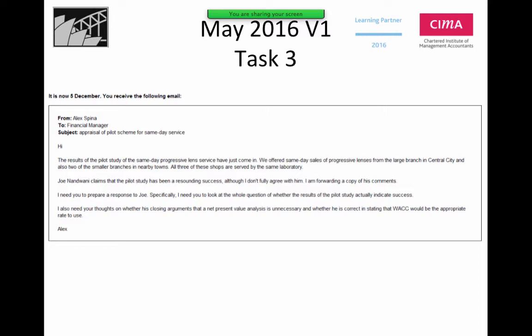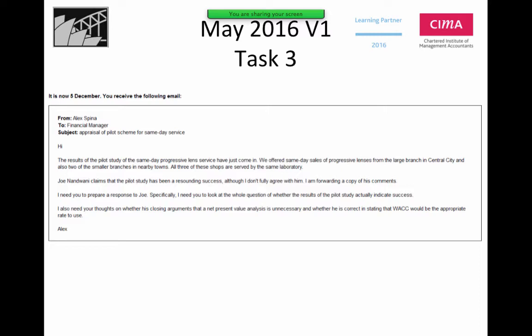So all three of these shops are served by the same laboratory, right? Joe claims that the pilot study has been a resounding success, although I don't fully agree with him. I'm forwarding a copy of his comments. Okay, so Alex is not really agreeing with it. And I need you to prepare a response to Joe. I need you to look at the whole question of whether the results of the pilot study actually indicate success,